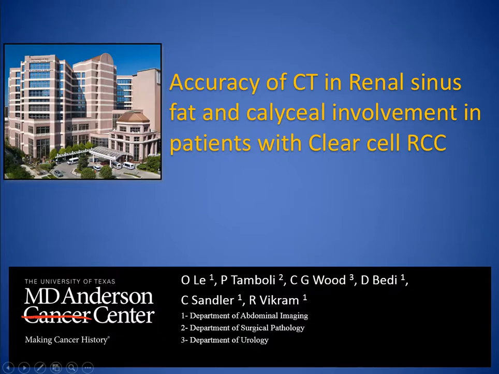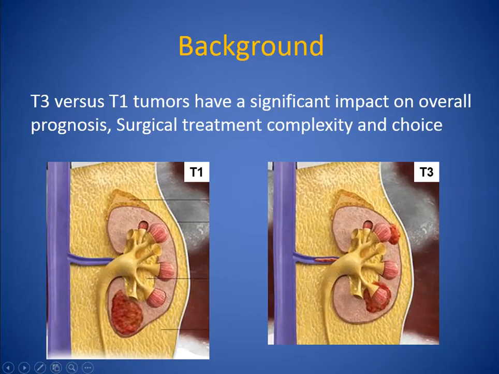Short presentation on a small research project to determine the accuracy of CT in renal sinus fat and calyceal involvement in patients with clear cell renal cell carcinoma. Clear cell renal cell carcinoma is the most common subtype of renal cell carcinoma. It has been quite difficult for us to determine on CT the invasion of renal sinus fat or renal calyx,